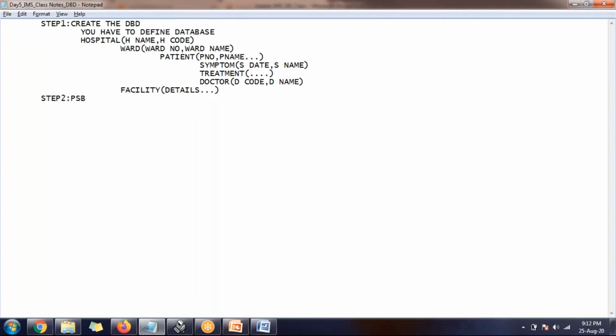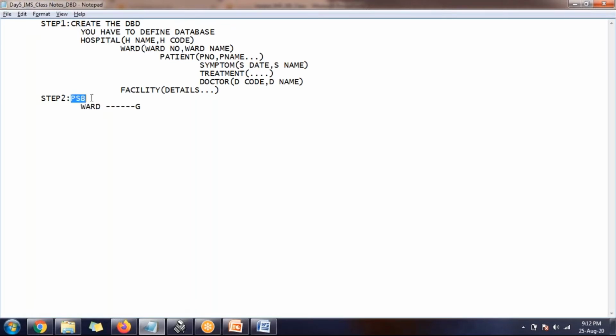Developer 1 is working on the ward and is trying to retrieve the data. So what I do, team, I'll create one PSB to read the data, only read access. I will say G, G means get access. I will create one PSB where I provide access on this.